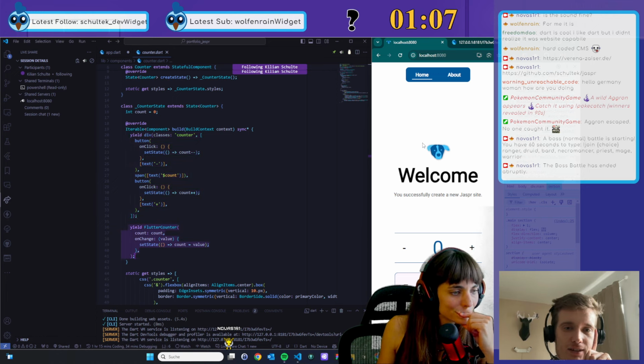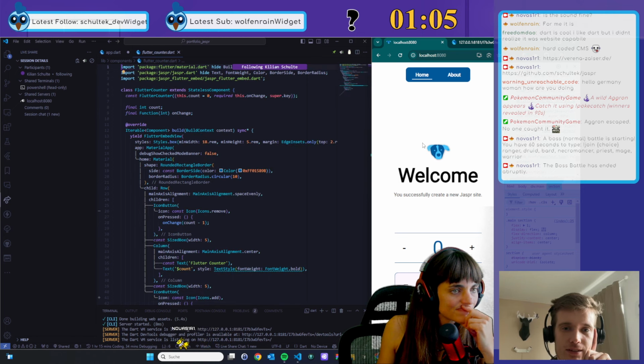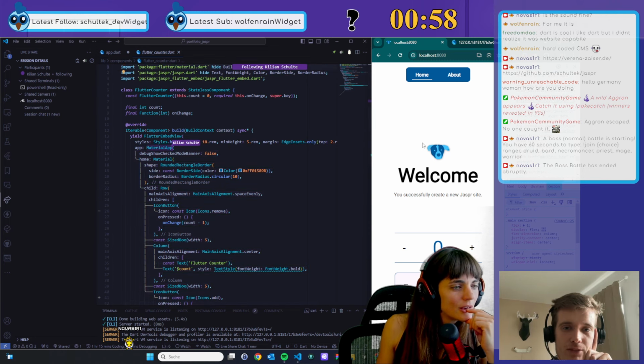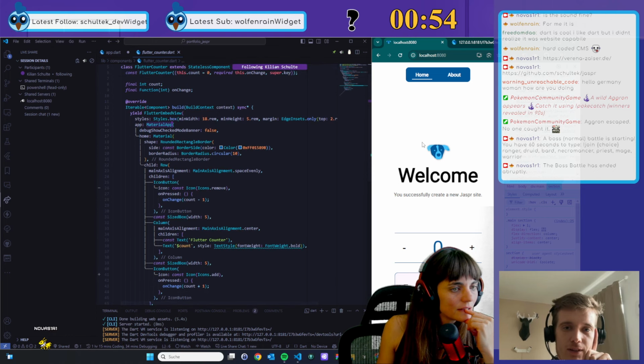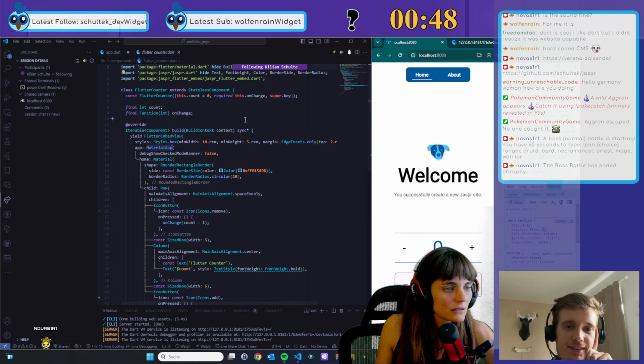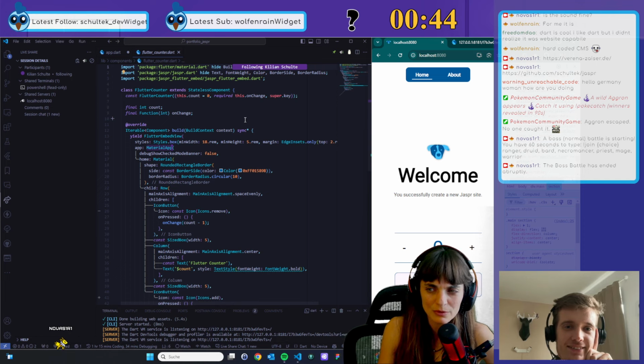And the Flutter counter, if I go in here, everything from MaterialApp and down is now Flutter widgets. Okay. Actual Flutter widgets. And that's in a Flutter embed view, and this is also coming from Jaspr, right?